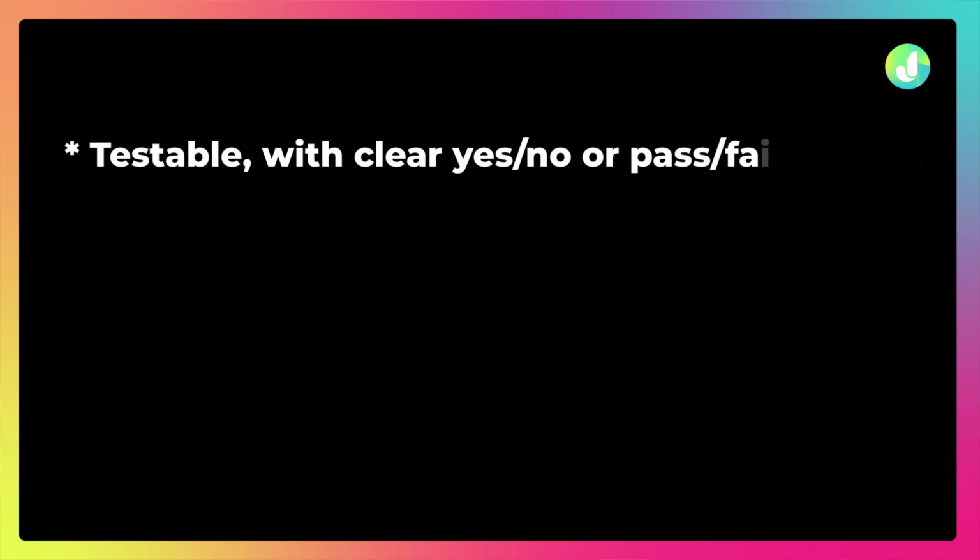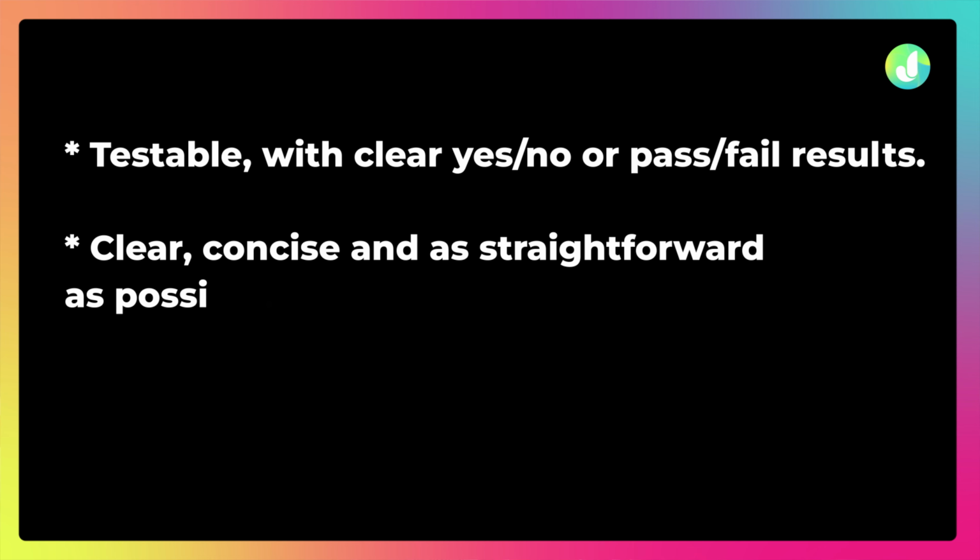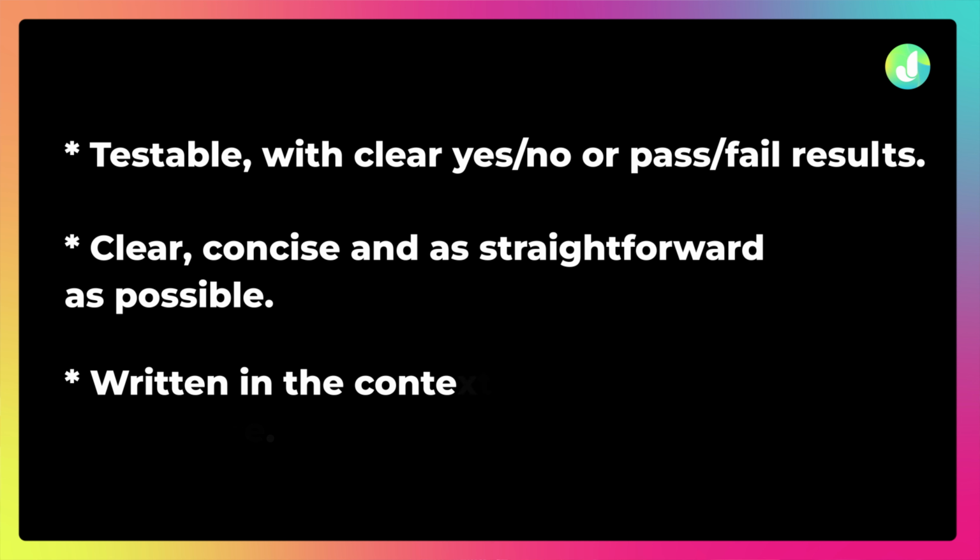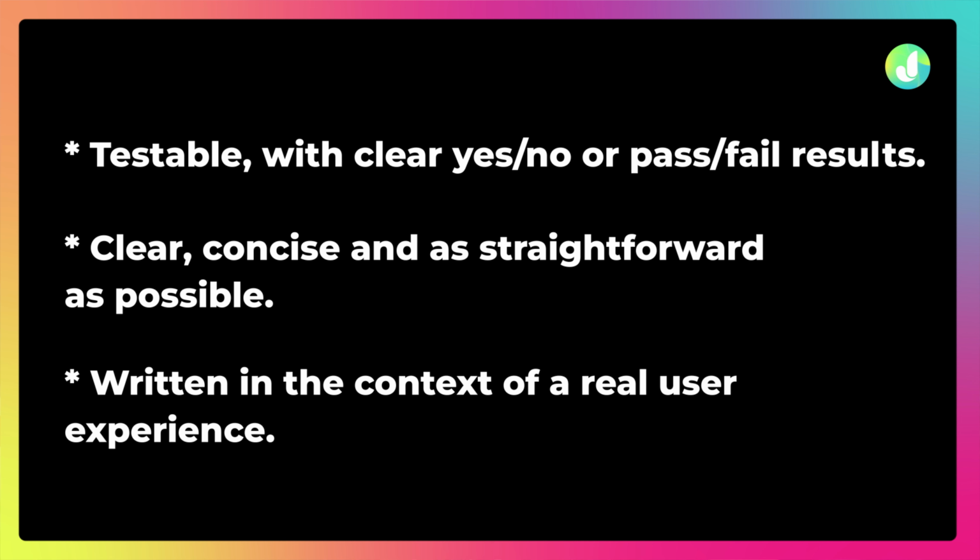To summarize, acceptance criteria is a set of conditions that must be met for a user or customer to accept your project or product. These conditions are unique to each user story and should be testable with clear yes, no, or pass-fail results, clear and concise, and as straightforward as possible, while also written in the context of a real user experience. So, if you want to increase efficiency while avoiding the pain of confusion in your project, start using